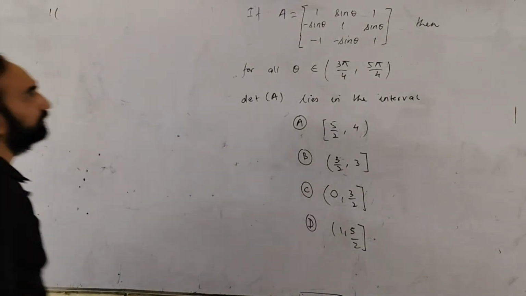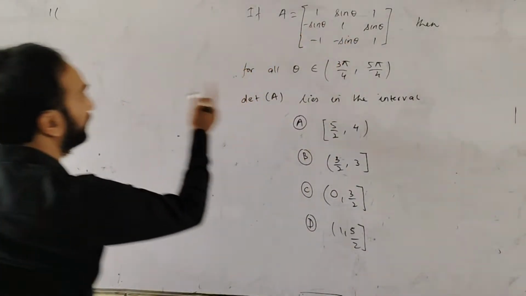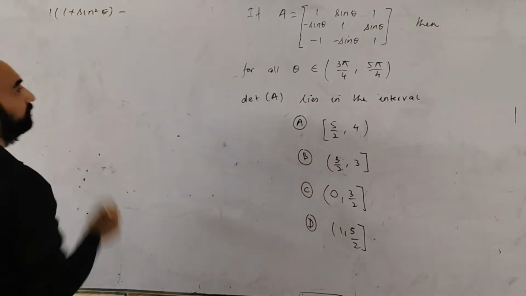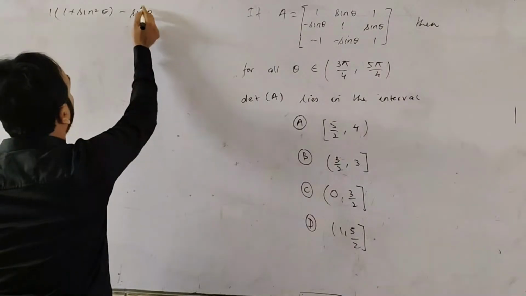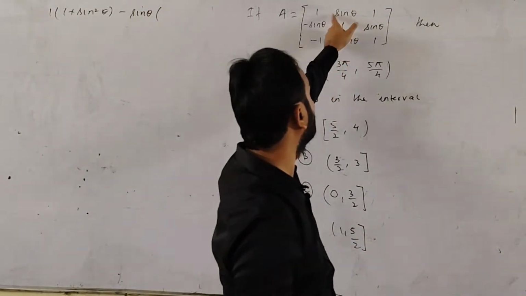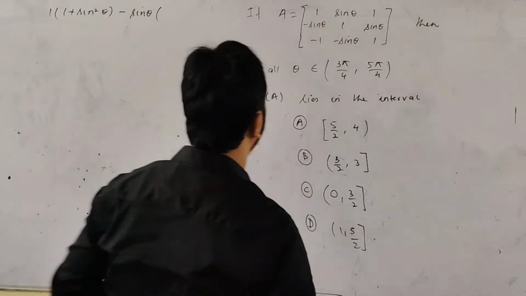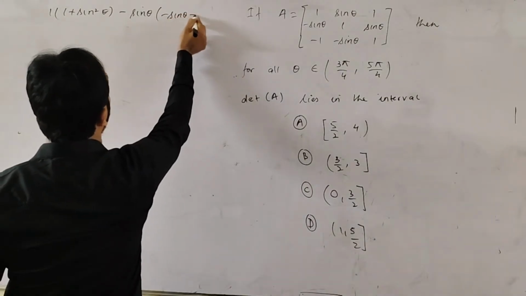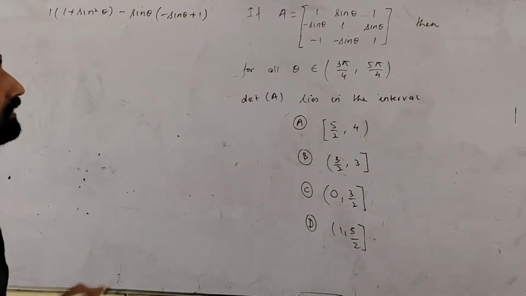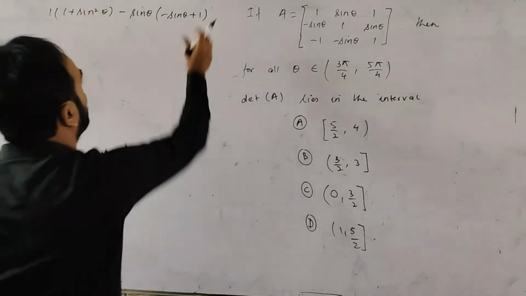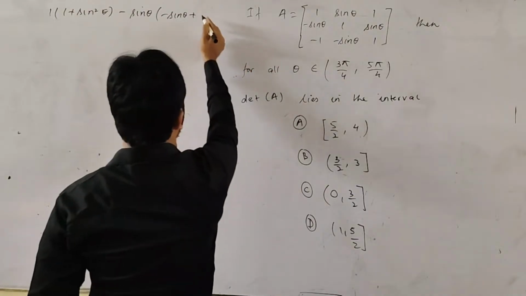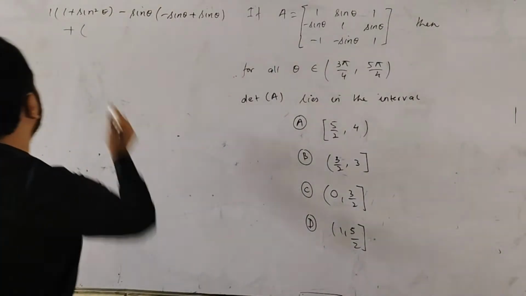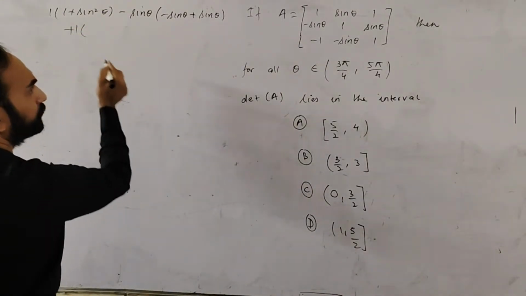So how to find the det of A? We'll write this, and this will become 1 minus sine square theta. So this will become 1 plus sine square theta. Then we'll write minus sine theta. I hope everybody knows how to find the det of this. So minus of sine theta, block this, this will become minus sine theta and minus sine theta plus 1, correct? Minus sine theta, and this will become minus sine theta and plus sine theta. And lastly it will become plus 1, I will write here, and this will become sine square theta